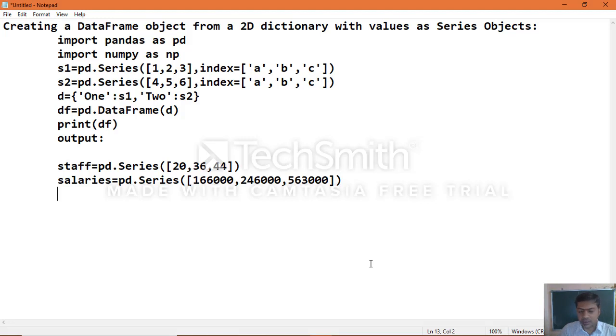Now create a dictionary, school, equal to key people, and staff is the object for this. Then another key is amount, for this salaries.